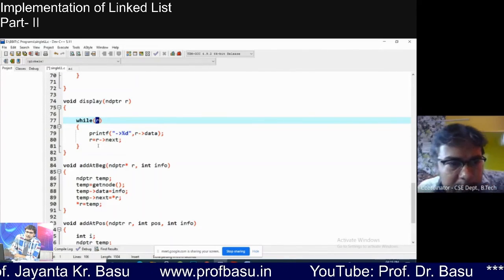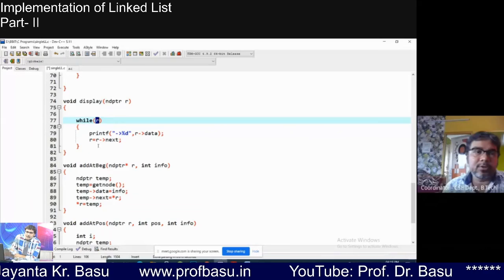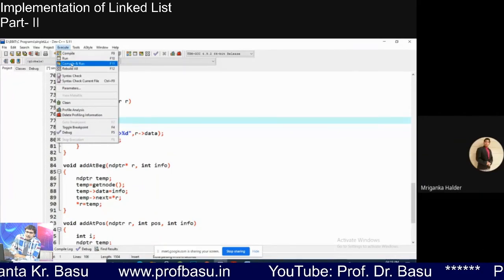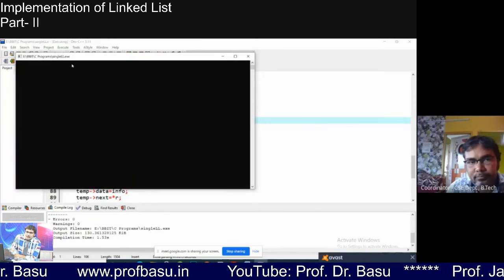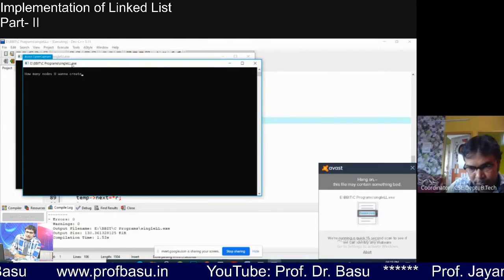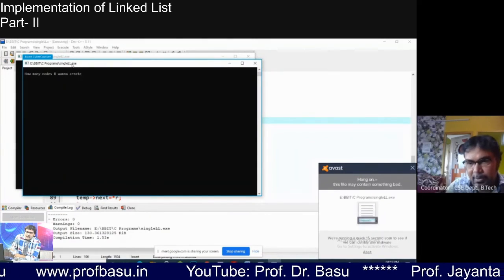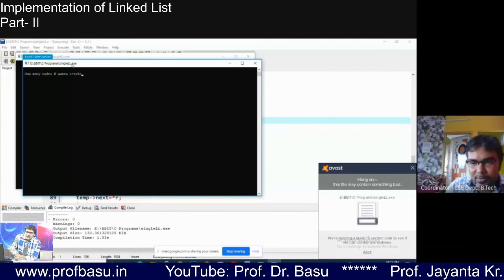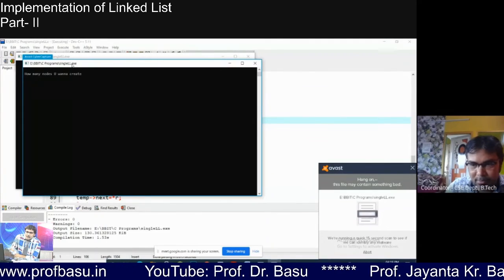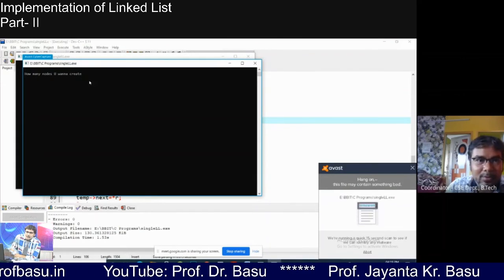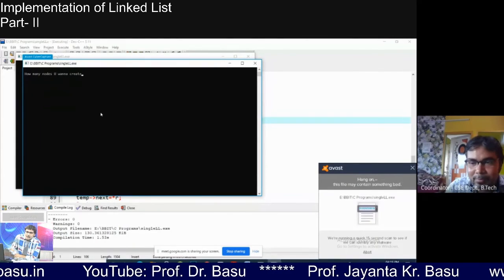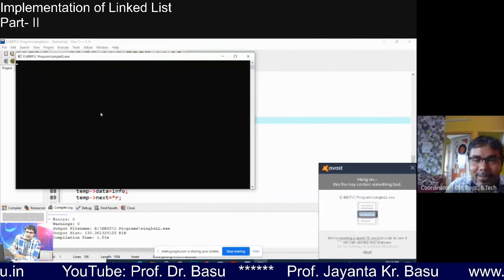Let me execute and check up to this point. Compile and run. Let Avast check the process whether there is a virus or not, because Avast doesn't know this is our program. So every program will be checked anyway.